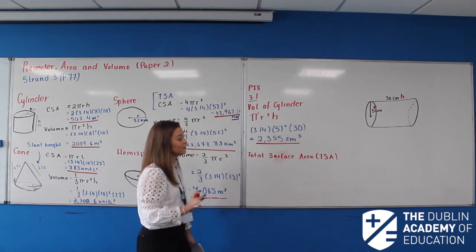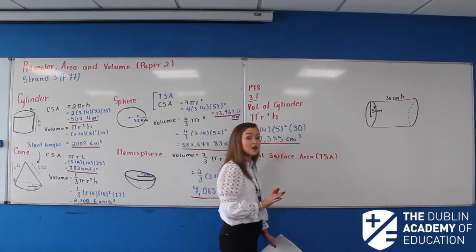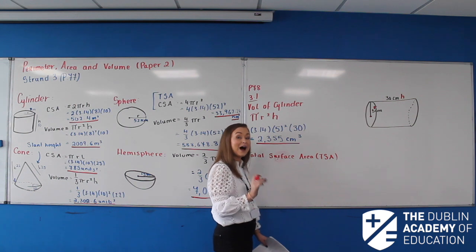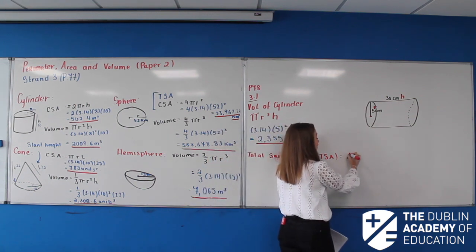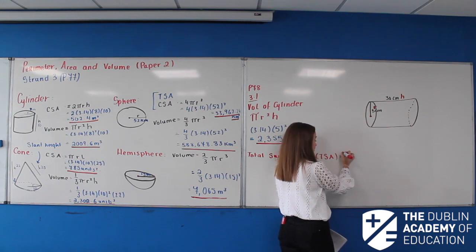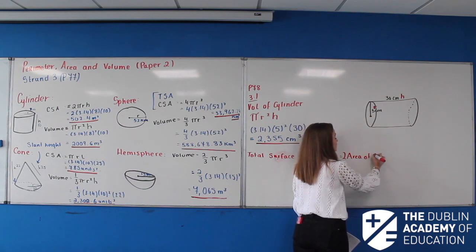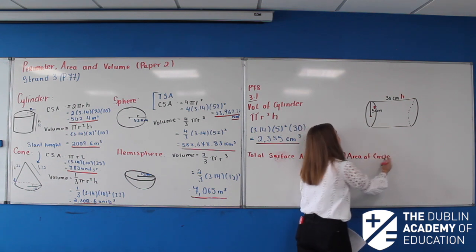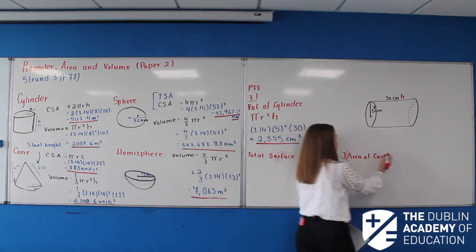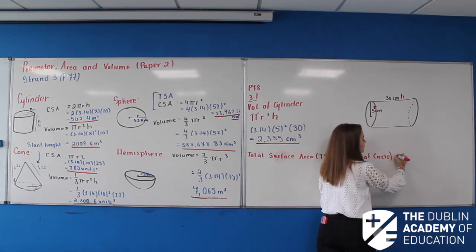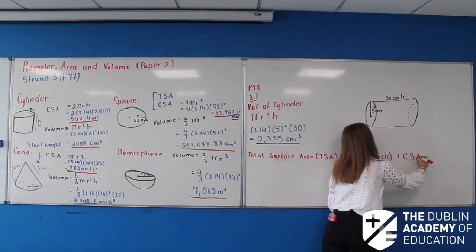Now the total surface area of this shape here, so be very, very cautious of this shape here. What you have is you have two circles, so the area of two circles, so I'm going to say 2 times the area of the circle, i.e. this circle here and this down here. So 2 of them,